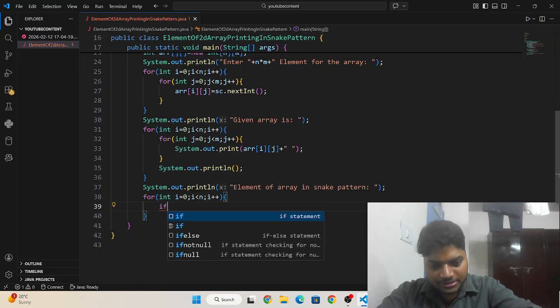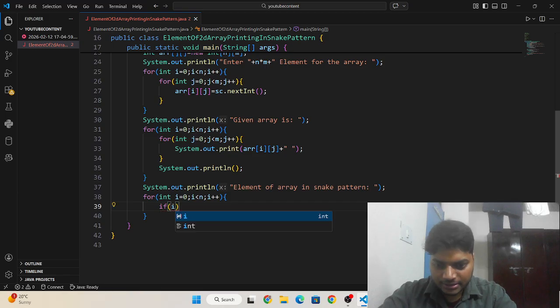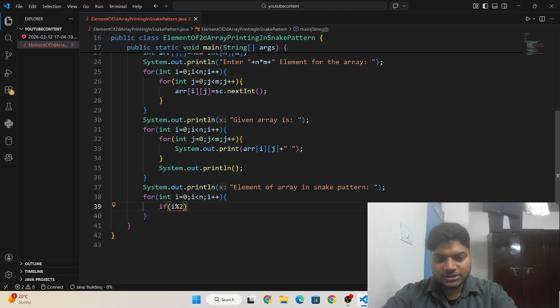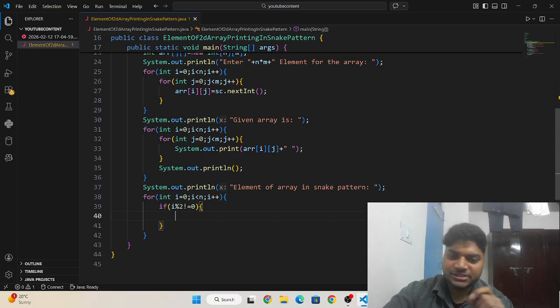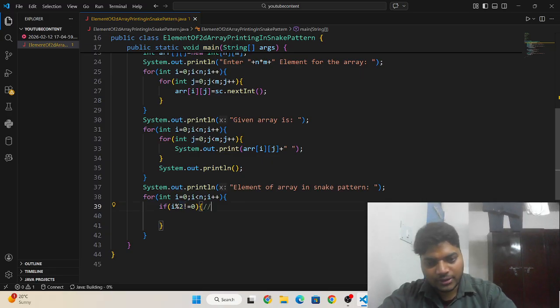If this is going to be the condition, if i divided by 2 is not equal to 0, means it is an odd number. 1 is an odd number, 2 is an even number. So if i divided by 2 is not equal to 0, it is an odd number. If we have an odd row, okay,